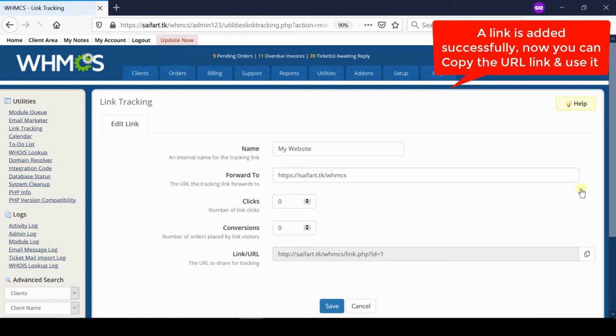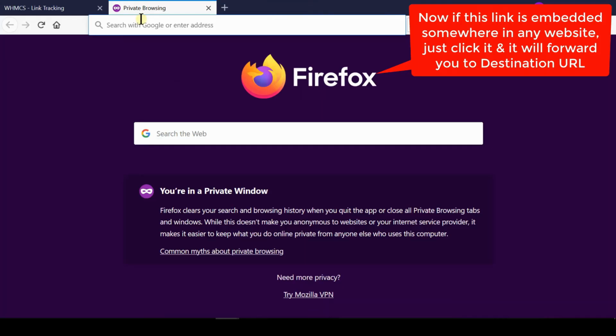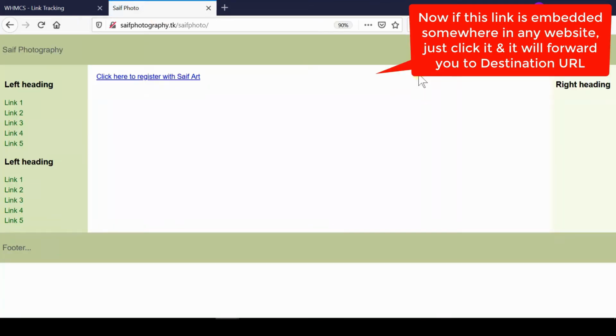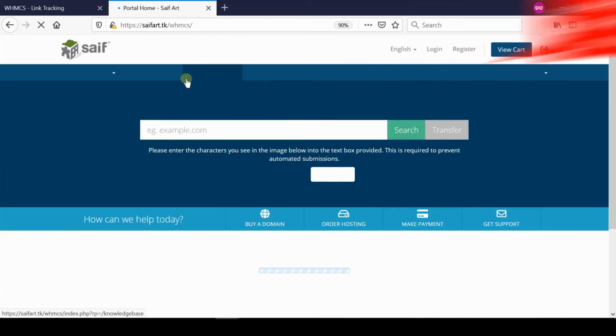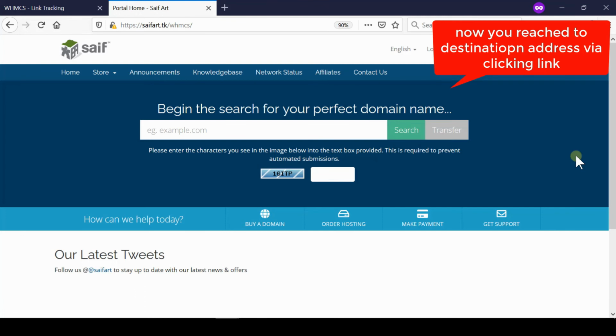Now click on the edit icon in front of this tracking record. Now from here, you can copy this URL which you have entered in this link, and if you open this website in a new private window, you will observe that this is the same URL where people will go after clicking on an advertisement. So if a person purchases any of the hosting or domain services from your WHMCS front end using this link, then you will be notified that this has appeared due to the affiliate of some other ads. Now in this way, you will have full control of what visitors are coming to you from advertisements.